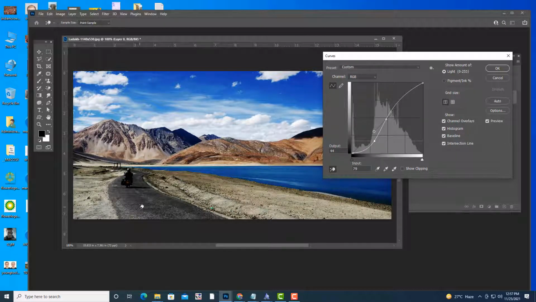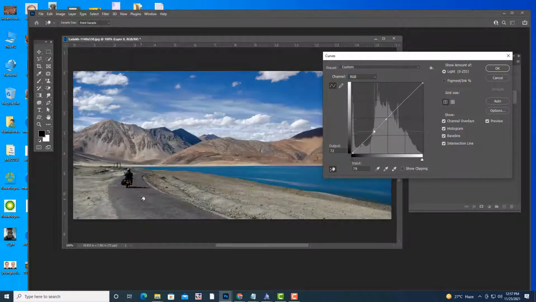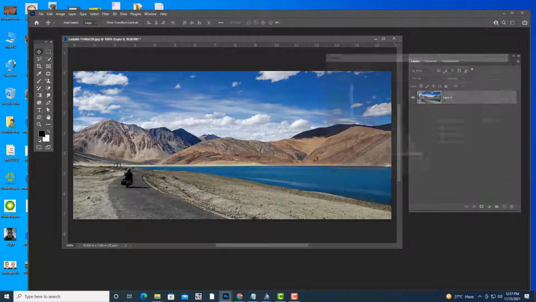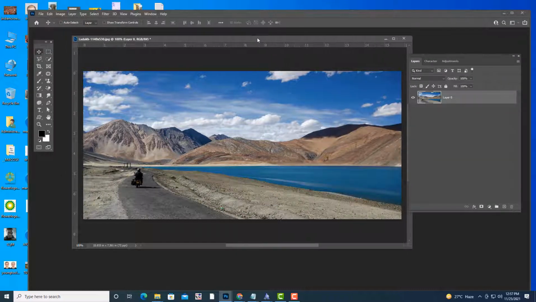So we can change it. I will show you how to change. But we can target specific areas. If you want to control only some specific area, one way is to take a lasso tool. For example, I only want to affect this road.